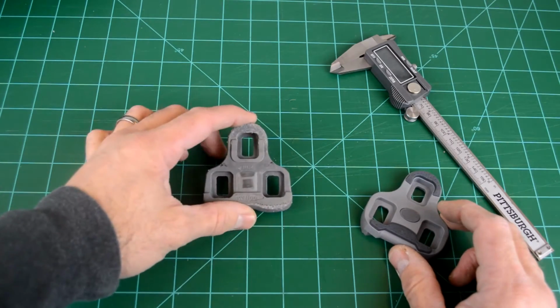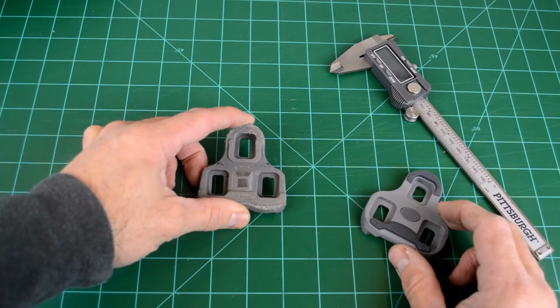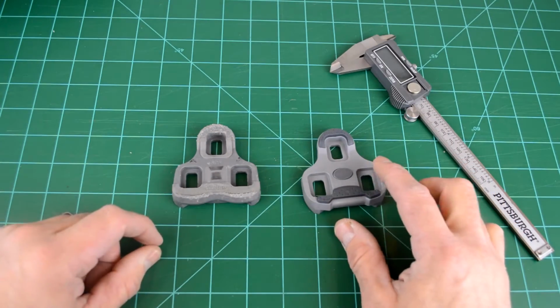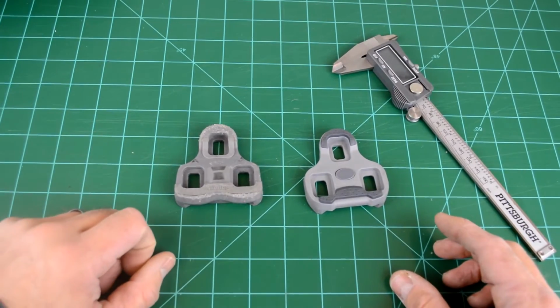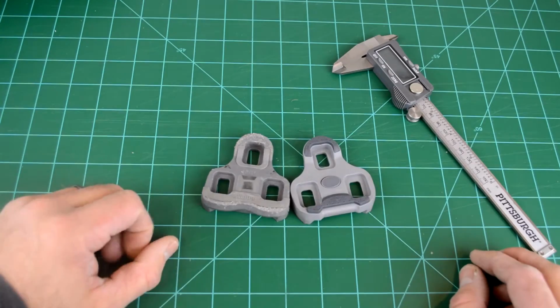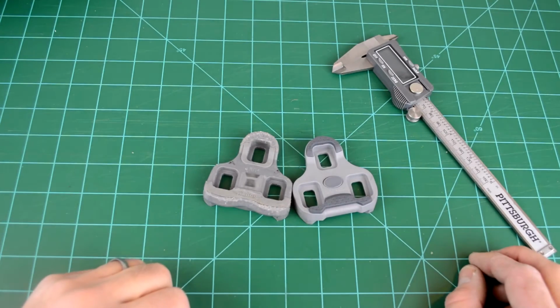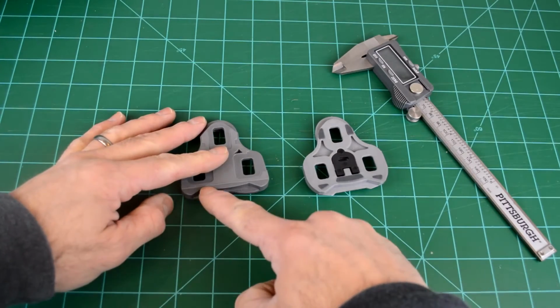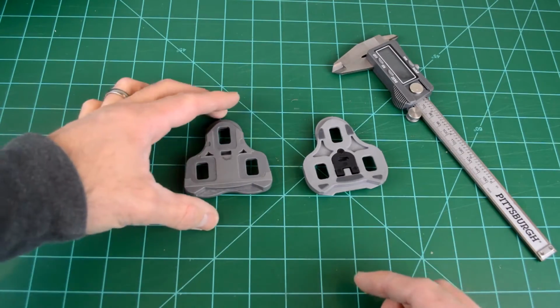And these are made by Wellgos. These are the Wellgos RC7As. They're obviously also gray, just like the Keos, but there's a few differences here. First of all, even though they're pretty much the same color gray, you'd think that they were the same cleat. But if we come back here and look, this little W channel here on each of them